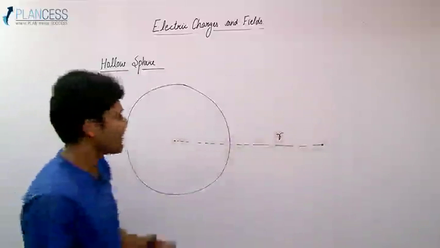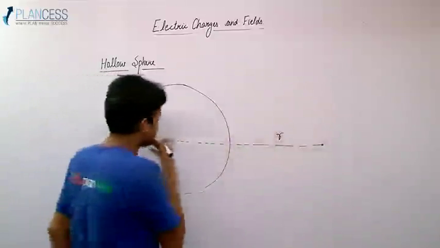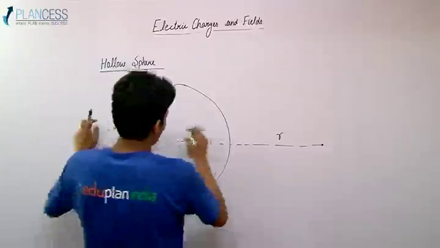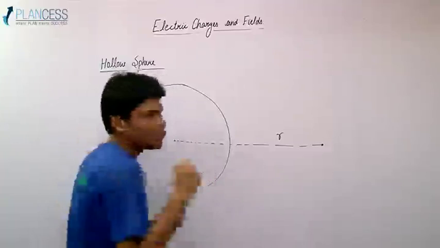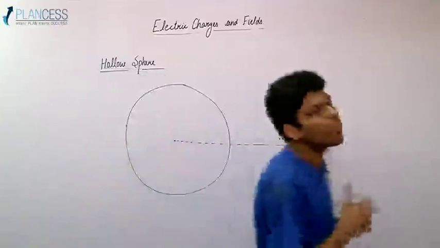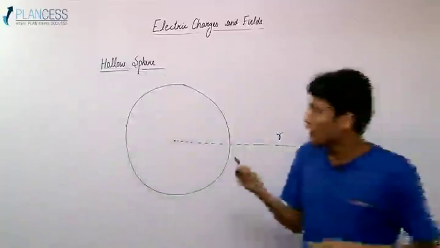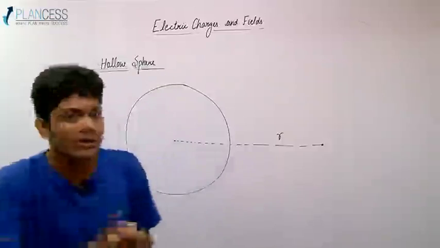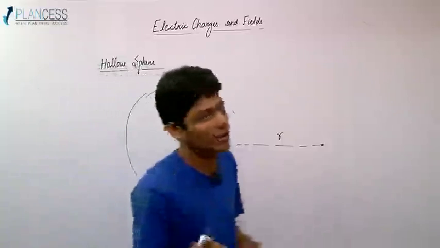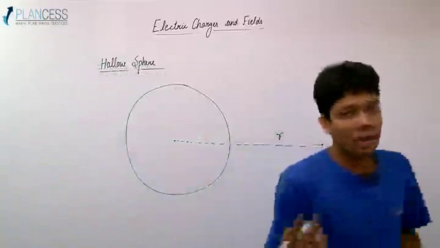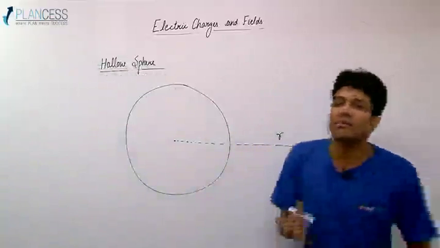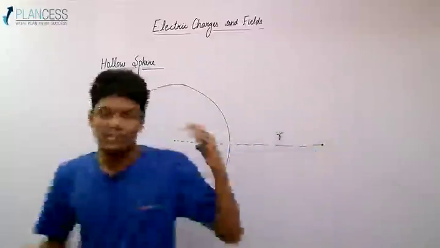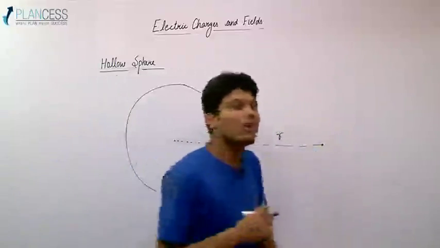How will you do that? By the method of integration. Let's see that first. So what element should we take? Firstly, big question, what element should we take? In a hollow sphere, I cannot take an infinitely long wire, I cannot take an infinitely long sheet, I cannot take even a disk, because it is a hollow sphere. The only thing left is a